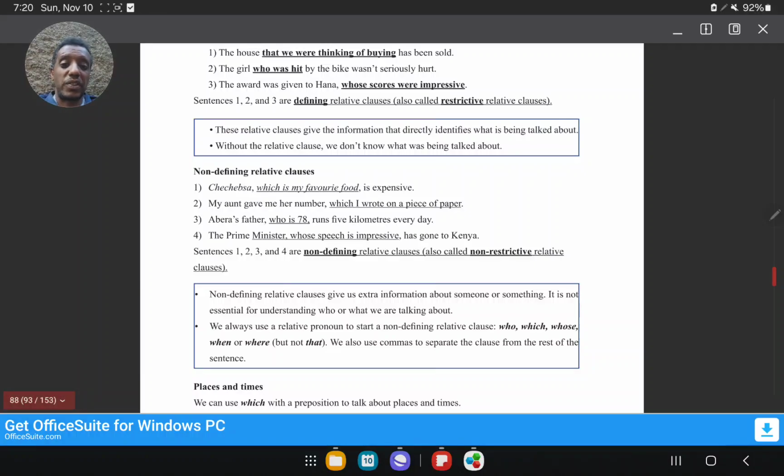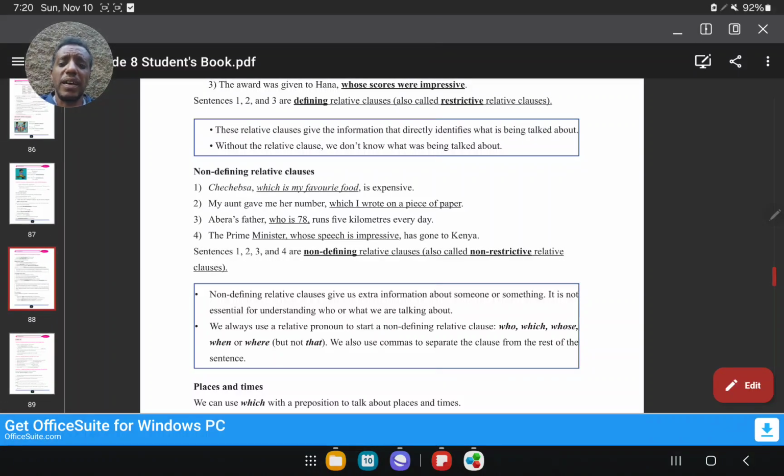And then non-defining relative clause. This is additional information. Whether you tell the information or not, the sentence by itself has complete meaning ግን ያለው ማለት ነው student. Look, ጨጨብሳ, which is my favorite food, is expensive. ጨጨብሳ is expensive. That's all. እንደ ተጨማሪ መረጃ ከፈለጋችሁ ግን which is my favorite food, የኔ በጣም የምወደው ምግብ ነው እያለን ነው። But ጨጨብሳ is expensive. የትኛው ጨጨብሳ አይደለም። ጨጨብሳ is expensive ማለት እንችላለን።